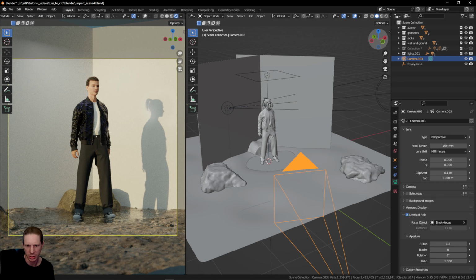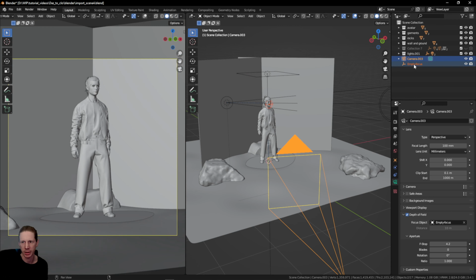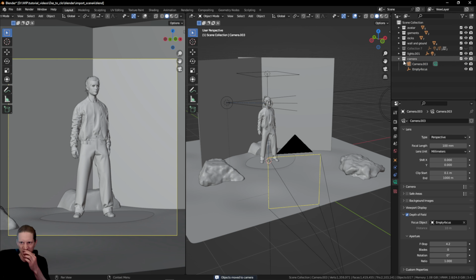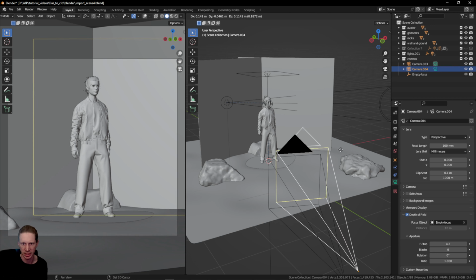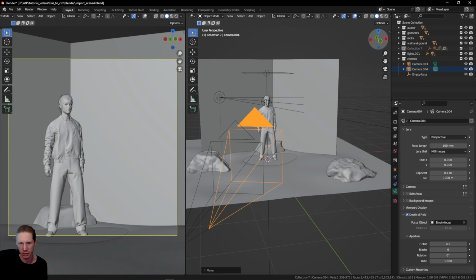And what we can do now that we've got this set up is, if I choose this camera here, but take these objects first of all, my camera and my empty focus, and I press M and put them in a new collection called camera just to keep things tidy. I can then choose this camera, press Shift and D to duplicate it, and I can then look through, set this as my active camera. So again, this one's got the gray outline around it, this one doesn't, this one's active, this one's inactive. So if I click this camera here, this now becomes my active camera. So if I move this, I'm going to be looking through this secondary